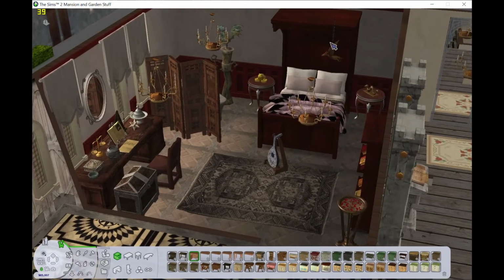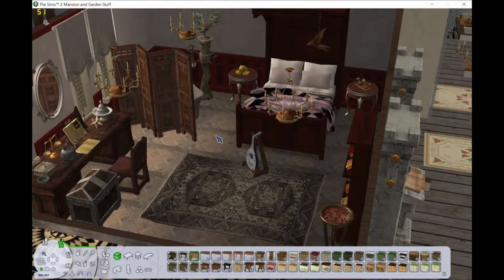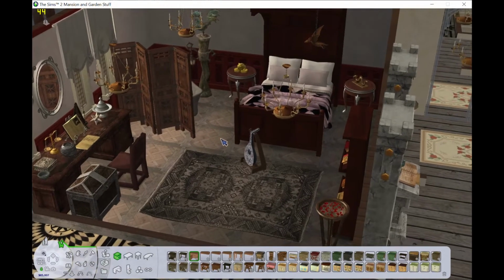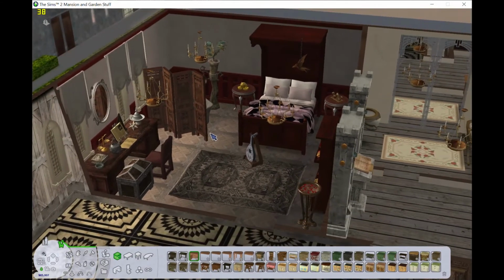This is Sinra's room. Sinra is their oldest daughter. She was actually born during the rebellion, so she's a little bit older than, like, Salome. Not by a lot, but she's a little bit older. This is her room. She likes the color gray. She likes metal. So I just tried to keep her room